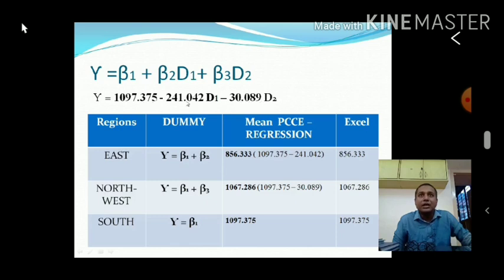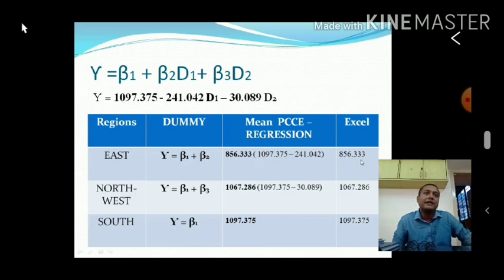So we always compare the dummy variable values with the benchmark value. Clear? We don't say that the south region is 1097.375. When we have a regression function, we compare all the other values with the benchmark value. So we compare 241 with 1097, and 30 with 1097.